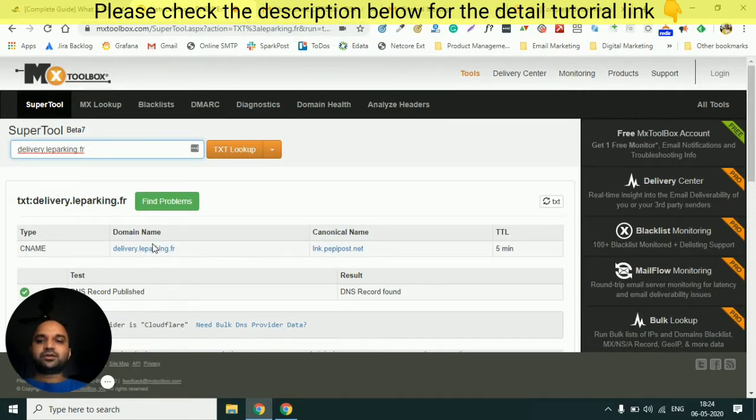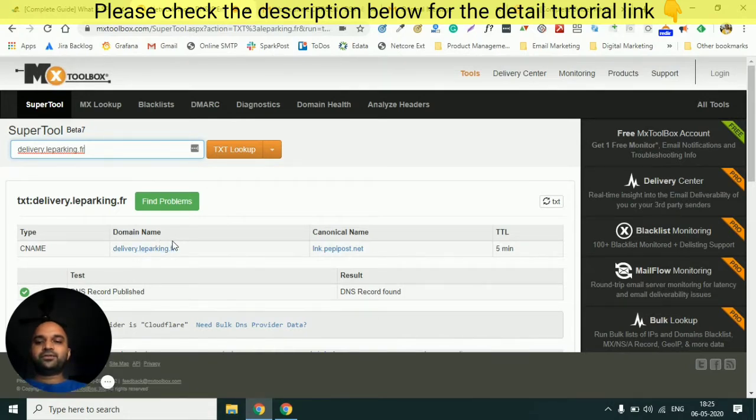So this means delivery.leeparking.fr has not directly published any DNS record. It has canonically linked all the records to peppypost.net. So all the records which are published on this particular domain, that is lnk.peppypost.net, will get applied on this domain.